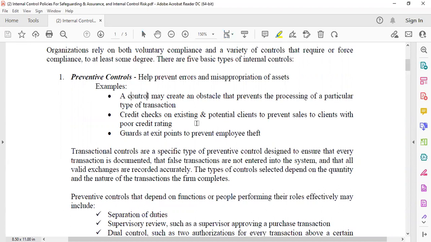If this particular client has a poor credit history, then as part of our authorization process, we will decline the request of the client to grant credit. So that is an example of preventive control. It prevents us from granting or authorizing a credit transaction that would be very detrimental on the part of the company, because if we are to grant this